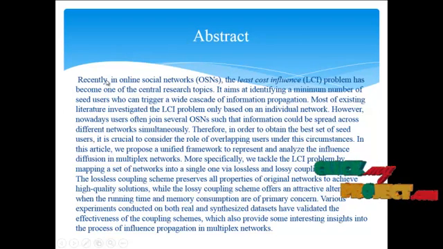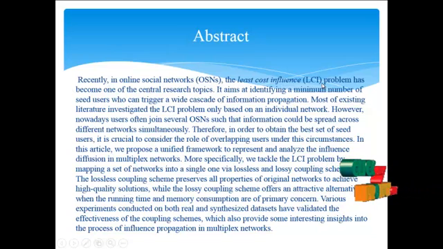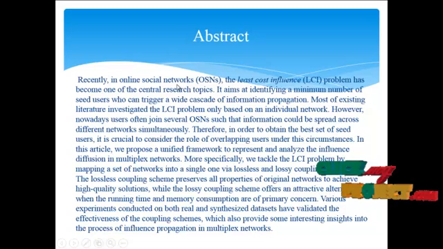Our project abstract: recently in online social networks, the least cost influence (LCI) problem has become one of the central research topics. It aims at identifying the minimum number of seed users who can trigger a wide cascade of information propagation. Most of the existing literature investigated the LCI problem only based on individual networks. However, nowadays, users often join several OSNs, and so the information could be separated across different networks simultaneously. Therefore, in order to obtain the best set of seed users, it is crucial to consider the role of overlapping